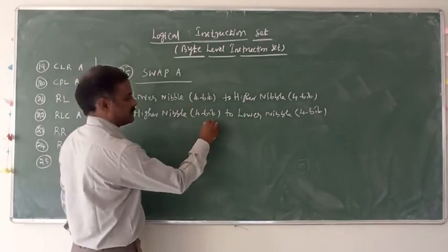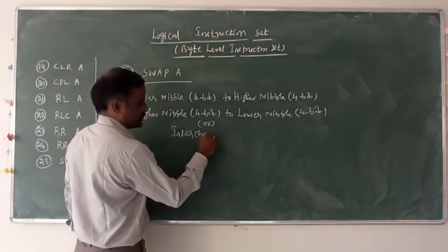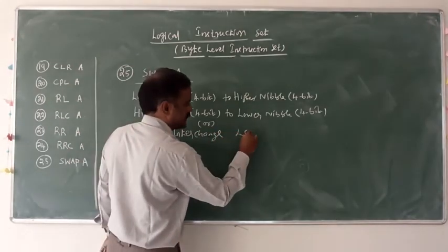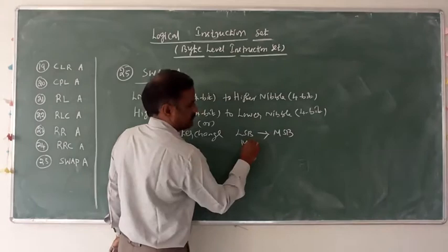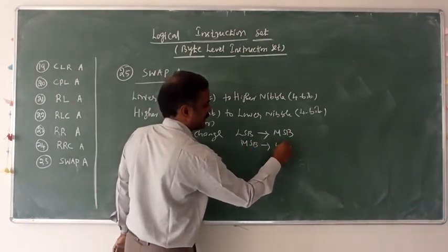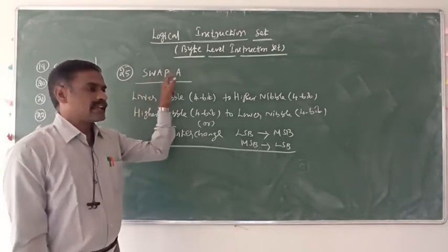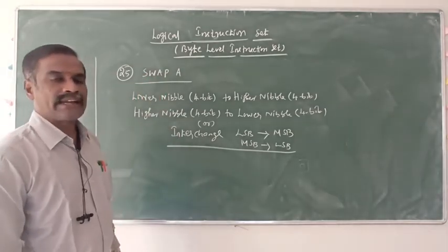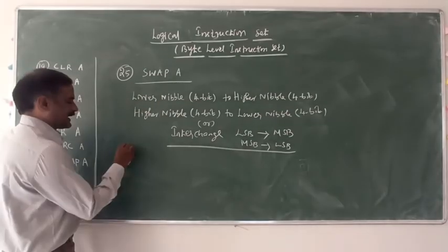Interchange LSB to MSB, and then MSB data to LSB. This is the operation of SWAP A. Only accumulator content, not some other content. Okay. Example: